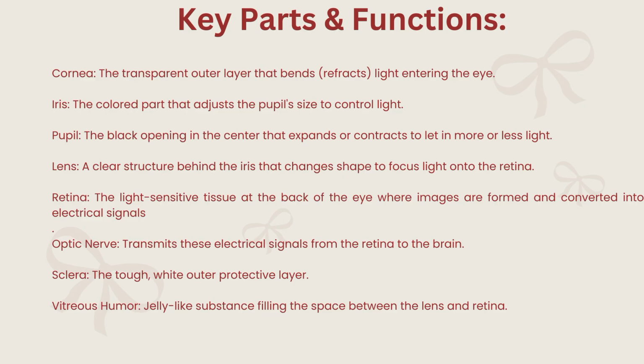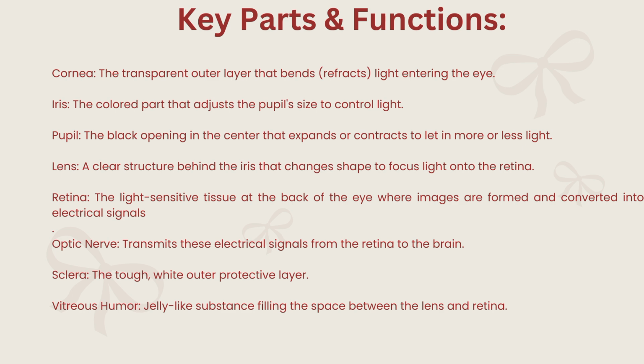So first we have the cornea. The cornea is the transparent outer layer that bends light entering the eye. Next we have the iris. The iris is the colored part that adjusts the pupil size to control light. Next is the pupil, the black opening in the center that expands or contracts to let in more or less light. Then we have our lens, a clear structure behind the iris that changes shape to focus light onto